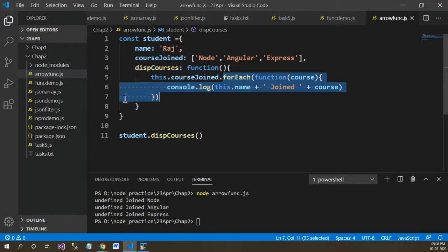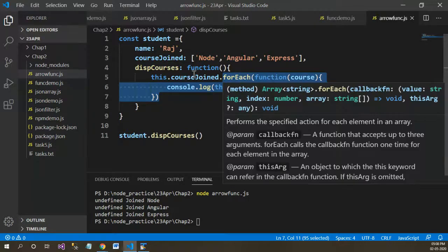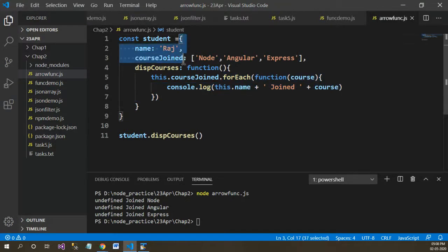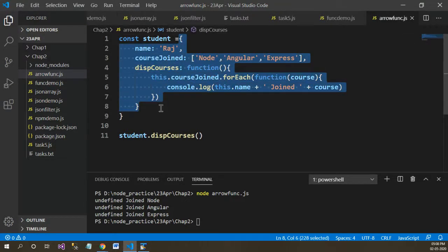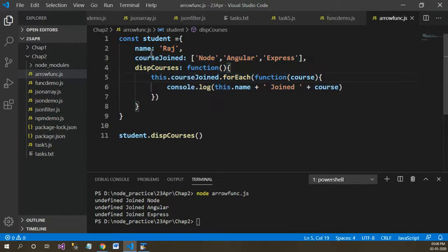So how to resolve this problem? If you are using a forEach loop within any class entity and you want to represent the members of that class, what you need to do is replace this traditional function with an arrow function. Why so?